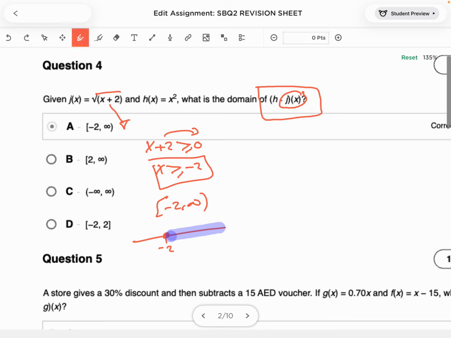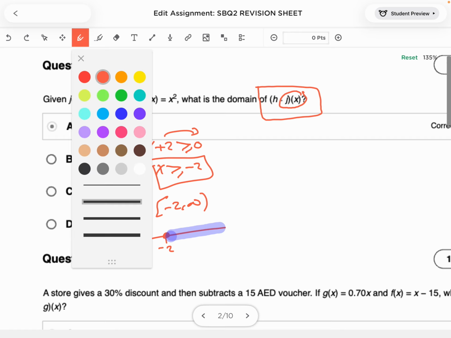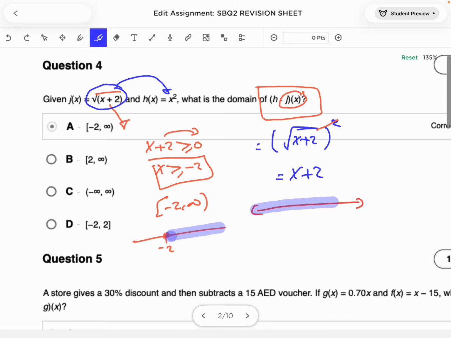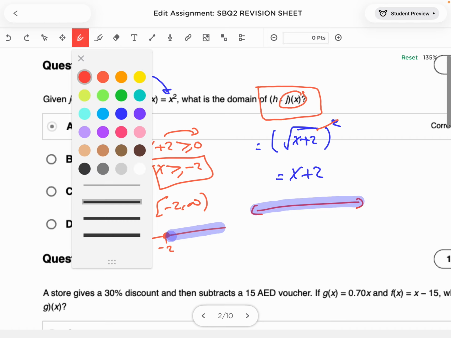The composition: when we replace the whole value of g in h, it would be radical x plus 2 all squared. Radical and power cancel, so I have only x plus 2. Well, x plus 2 is a linear function, and the domain will be all real numbers. So the first one, we have all real numbers. If we need to take the conclusion,